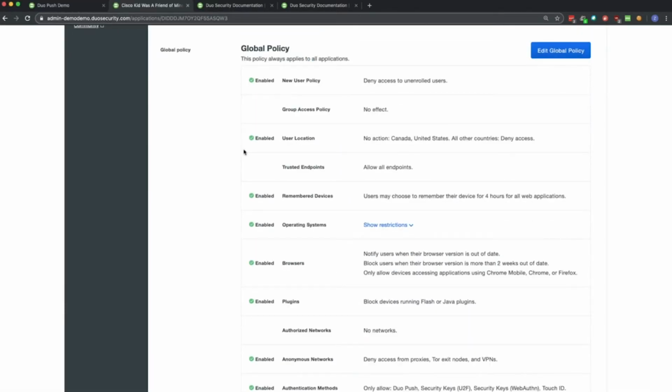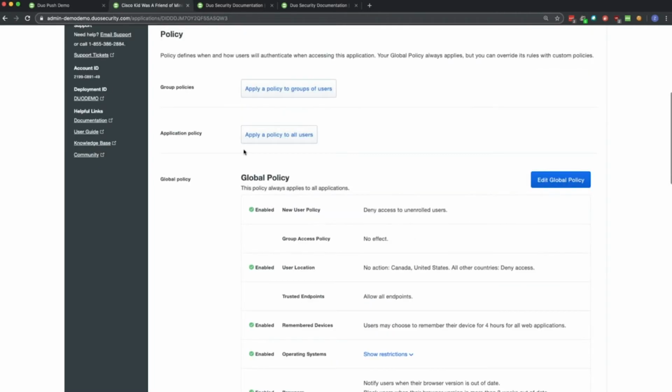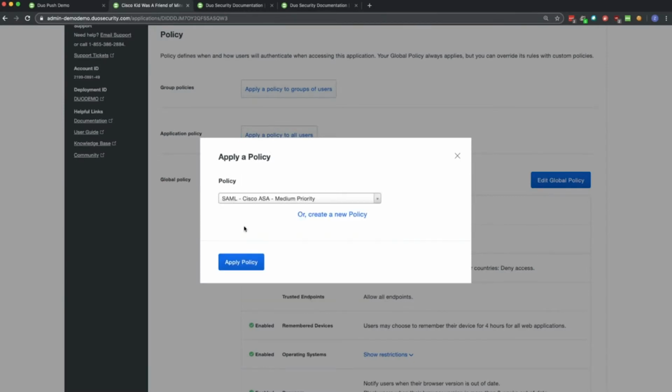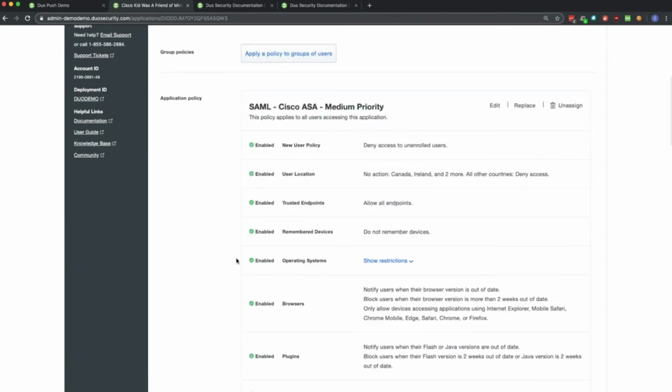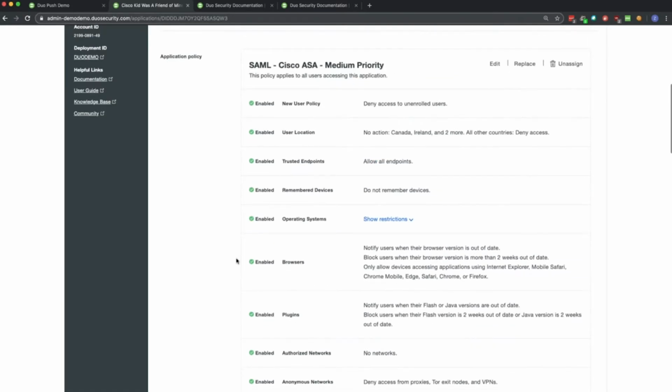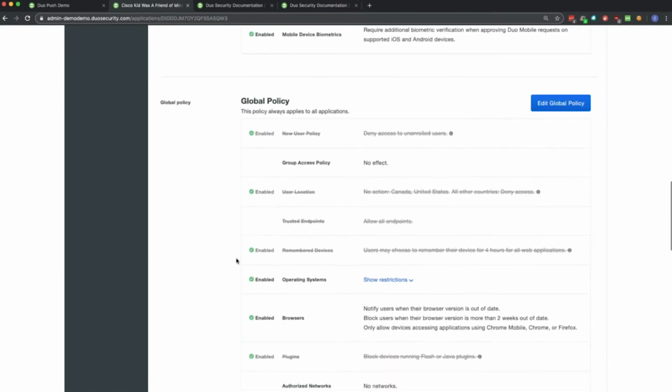So you've got your global policy. This is going to be applied by default. Anytime you create a new integration, this policy is going to come into play. But not every tool is the same. So let's say that we have a specific ASA policy for any of our ASA gateways so that we can say any user coming to log in must follow additional policy requirements.